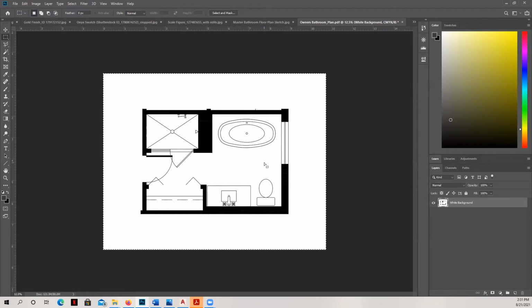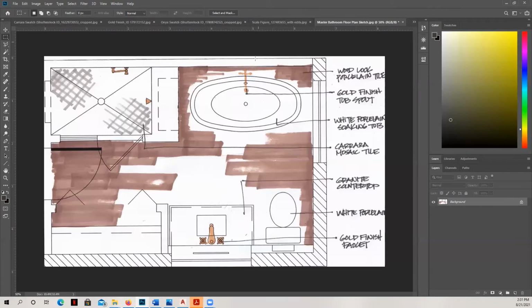The next thing that we're going to do is I'm going to show you some things that I have open right now. The first is I actually have a sketch here that I created, and it's a little bit messy, but it shows very quickly what materials I am going to apply onto this floor plan.